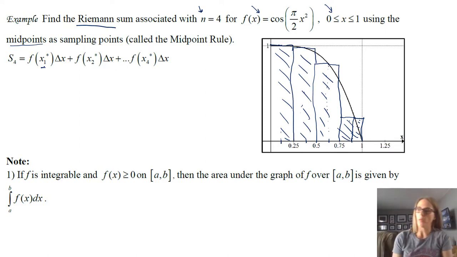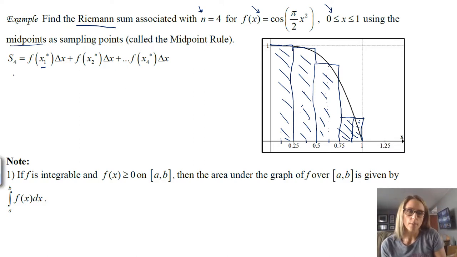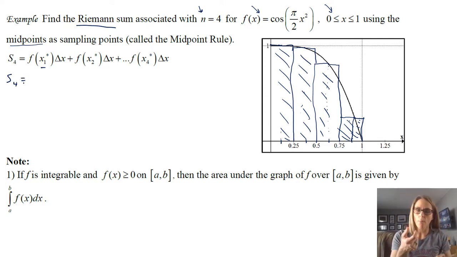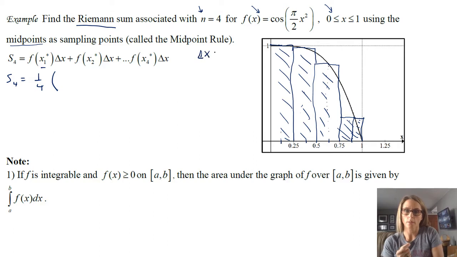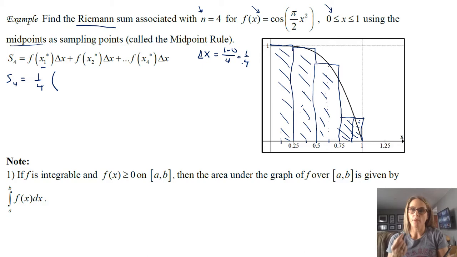it is the midpoint. So the way to just think about this is that the width of each one of these is still the 0.25, because you still have 4 intervals here, and they're still each 1/4. So it's still the idea of the change in x is b minus a over 4, so 1 minus 0 over 4. We still have that. The difference is the height, so this is my delta x. But now I just need to think about what the heights are.